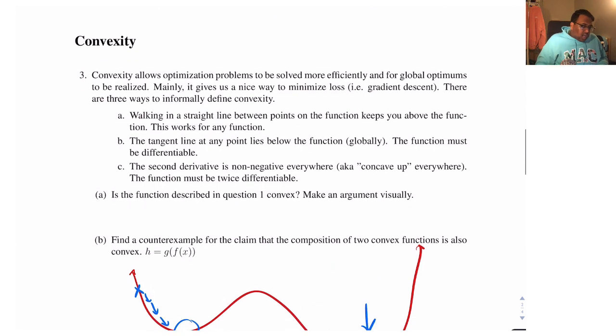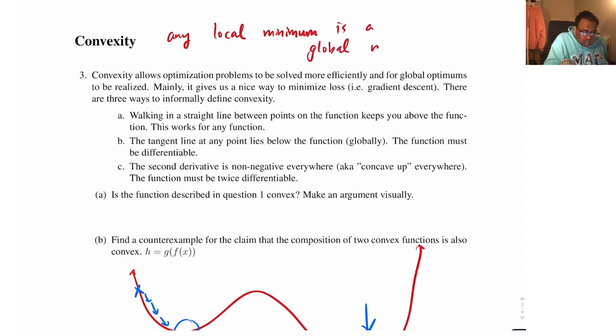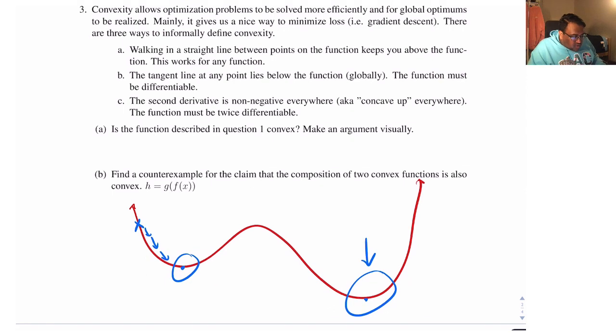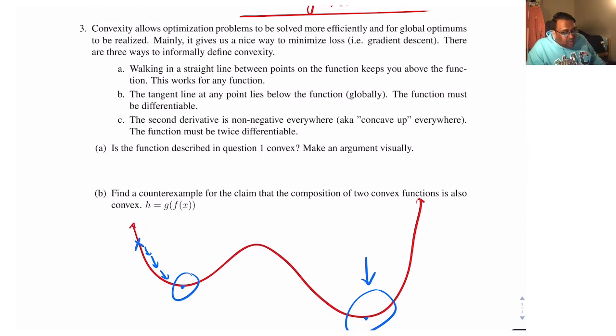And so a convex function is just a type of function where any local minimum is a global minimum. Okay? So a convex function is one where if the gradient is equal to 0, I know I'm at a point where my function is minimized not just locally, but globally. And that is, as I mentioned, not true of this function here. And there are three equivalent definitions that we can look at for a function to be convex. So the first one